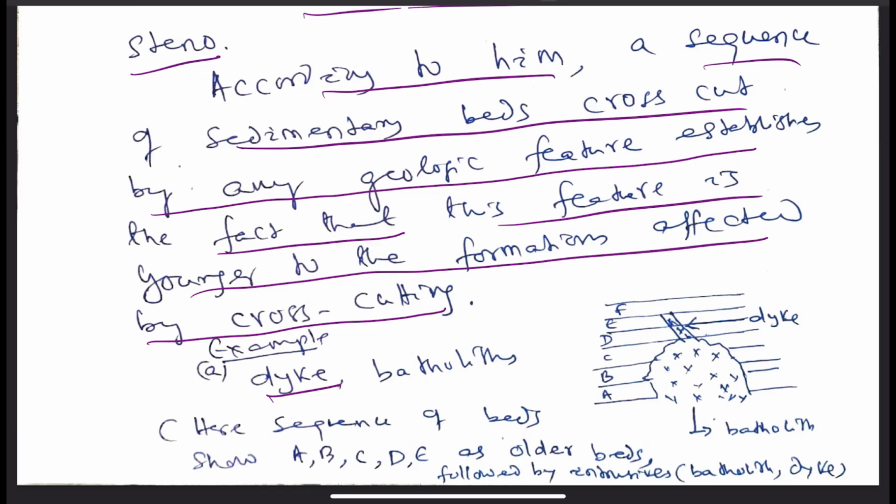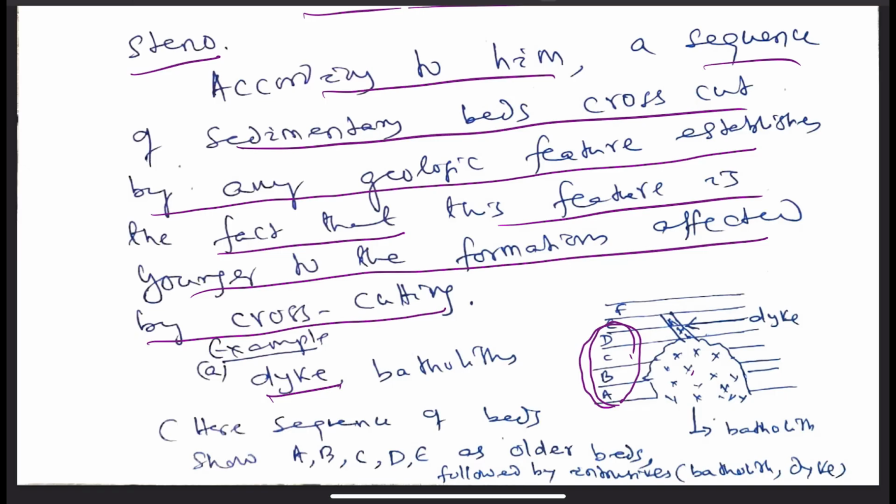So, A, B, C, D, E beds have been cut by the batholith and dikes. So, batholith and dike, they are younger to A, B, C, D, E beds, because after the formation of these beds, they have been intruded by this batholith, and that's why